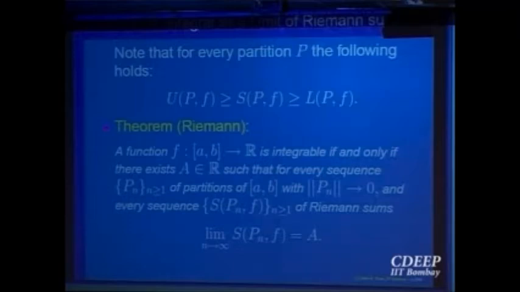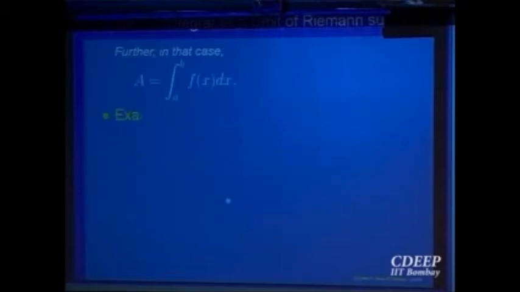Integral becomes a limit of something. And limit has nice properties: that limit is additive, right? It is a linear operation. So as a consequence, you will get that integration is a linear operation. Integral of f plus g is integral of f plus integral of g. So that comes out nicely as a consequence of this. So that is the integral.